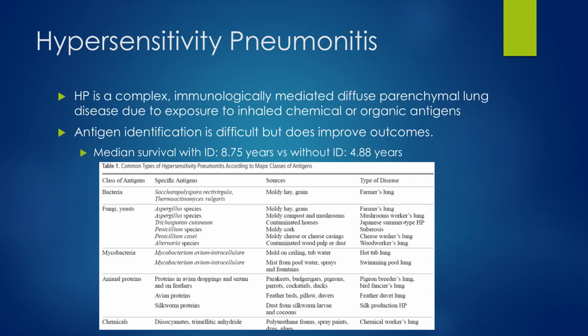Okay, so hypersensitivity pneumonitis. Totally different, but it's kind of fun. This is like the house case, right? Somebody who comes in who's short of breath. It only happens when they're in their house or when they're out farming or when they go to their hot tub, right? It's pretty much the easy way to think about it. It's an allergic reaction to something in the environment that they're around. But there's different types: acute, subacute, and chronic. They present a little bit differently. So if you can figure out what it is that they're allergic to, that's the best. Those people do the best.